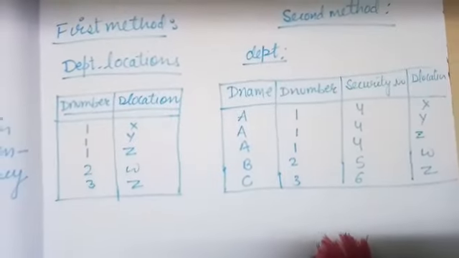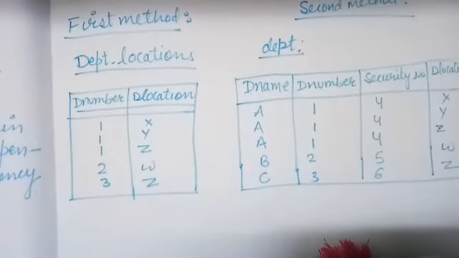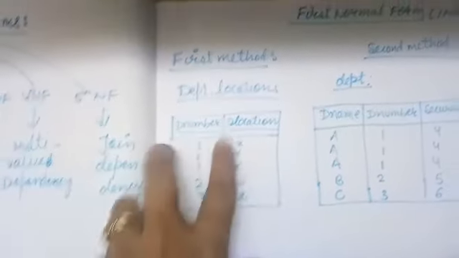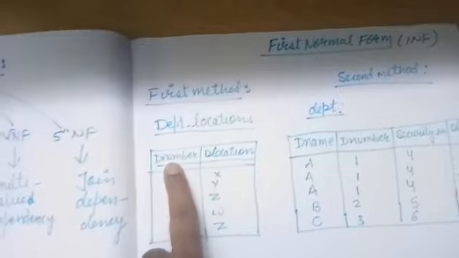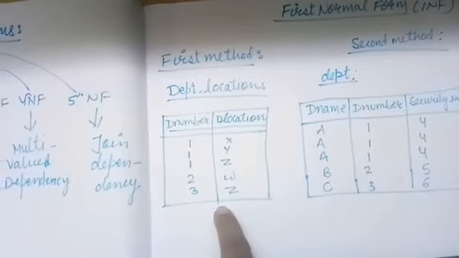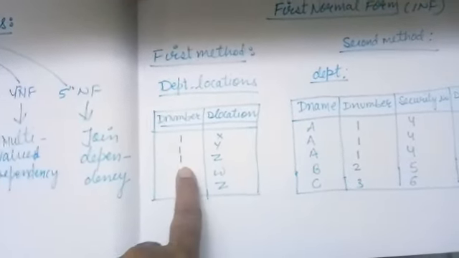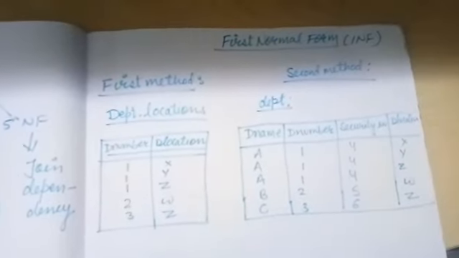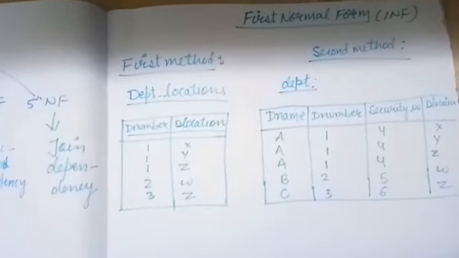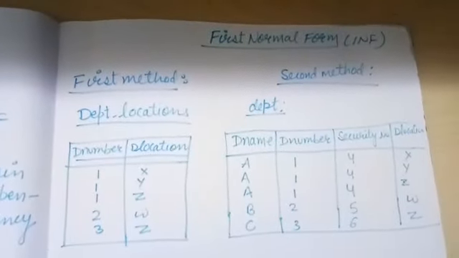There are two main techniques to achieve 1NF for such a relation. We will take a department relation. The first method is to remove the attribute D-location and place it in a separate relation, department locations, along with the primary key, D number, of department. This decomposes the non-1NF relation into 1NF relations. This is the main technique in normalization: we decompose the relation into two or three relations, with the attribute along with the primary key, right?